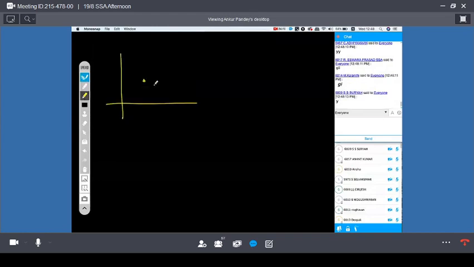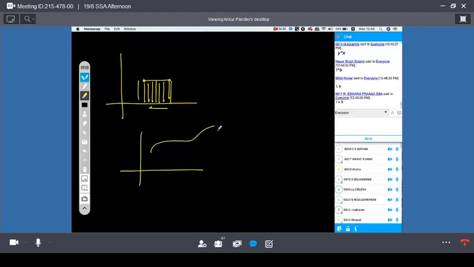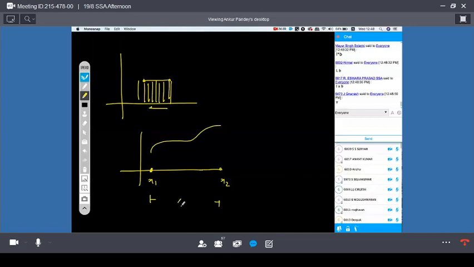Okay. Now you know that if I draw a straight line, beta, and you want to calculate the area, what is the formula? Length into width. Yes or no? Very good. Beta, when we draw a function from this value to this value, can I write this is x2 and this is x1? Clear? This is showing the change in variable and this is showing the change in outcome. Yes or no?